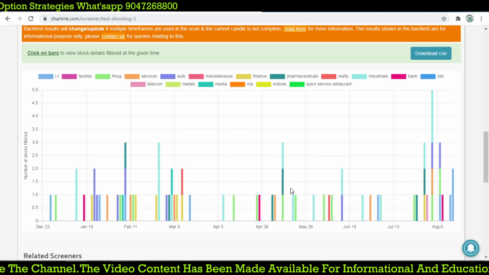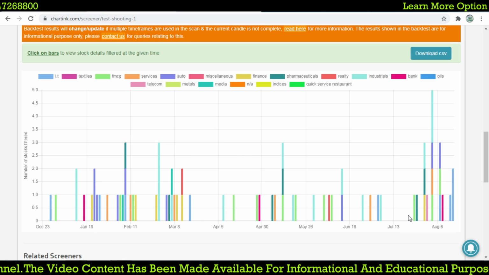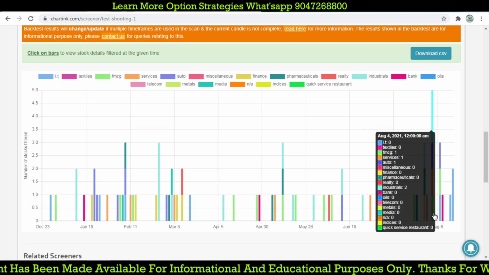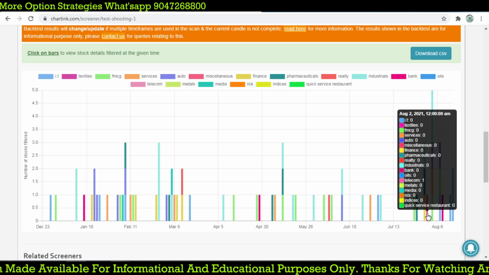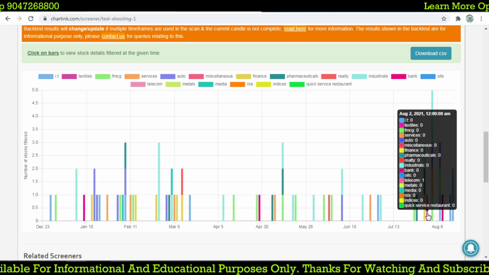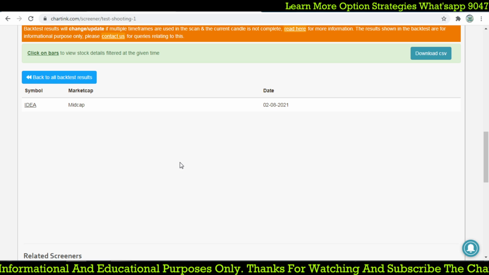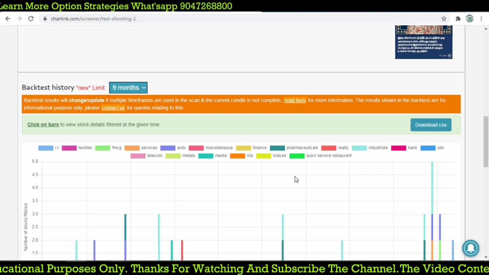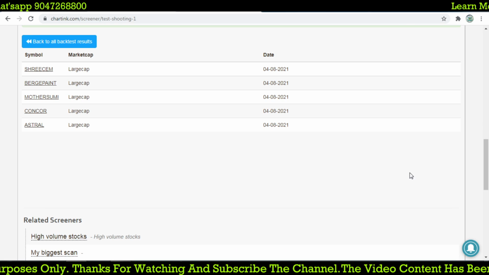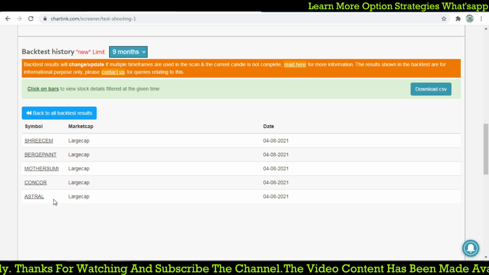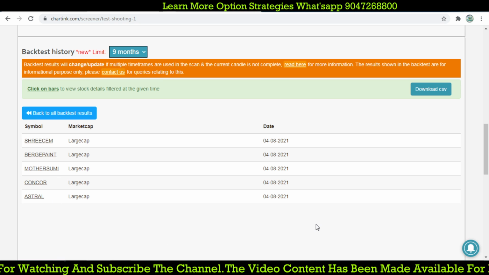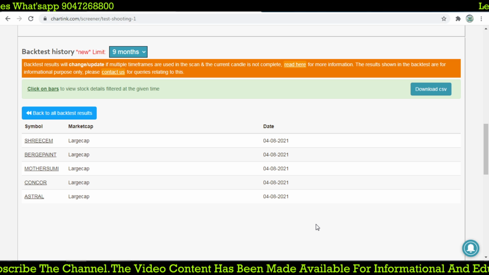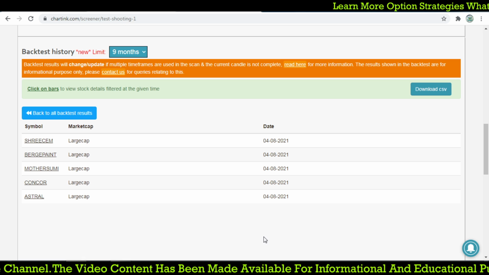Okay, so what is the previous result? For example, from this month, August, a few stocks were filtered out. This is one, 4th of August. Before that we have 2nd August, which is the first where we got an idea, but we don't have any trade idea because it is a very cheap value stock. Then go to the next day, 4th of August. We got somewhere around 5 stocks that give the shooting star candlestick pattern at the highest level, or near about the monthly high. So let's go one by one.